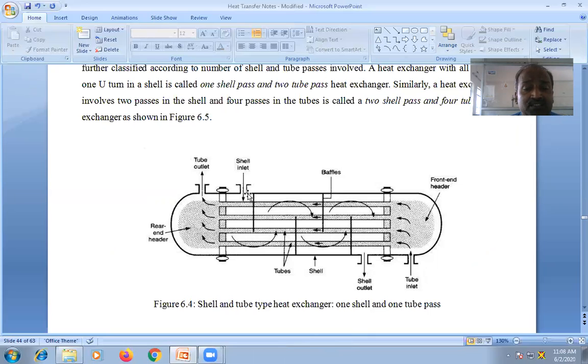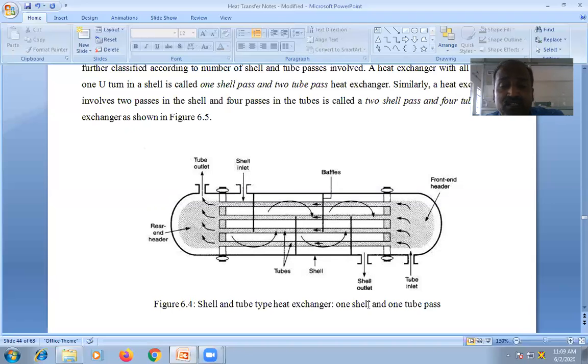So you can see that all the fluid is flowing at a time through the tubes and going out. This is called the shell and tube type. You can see the fluid is fragmented into tube streams. When one tube, two tube, three, four are there, entirely it goes in parallel, in one pass, and goes out. Here the shell is one only. Here the surface area provided is more.